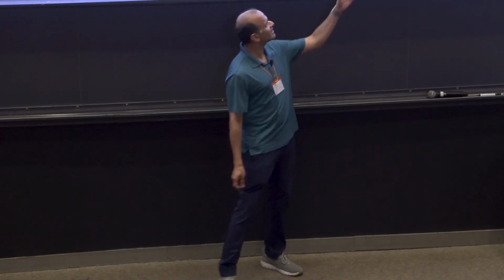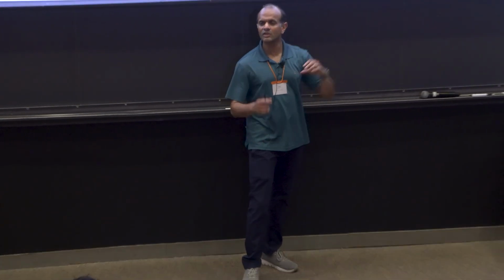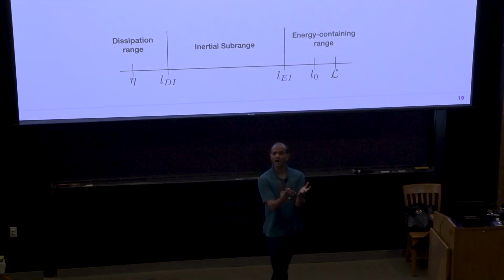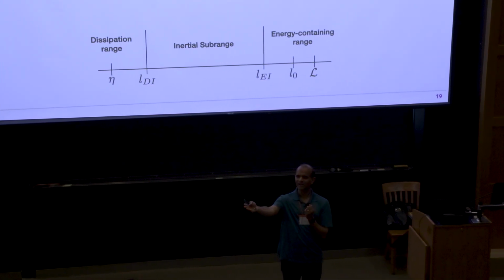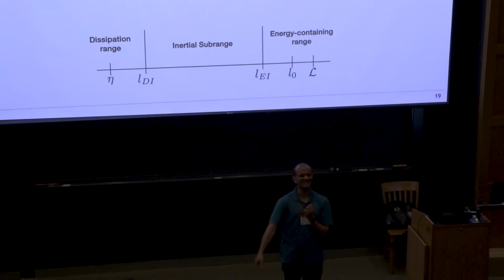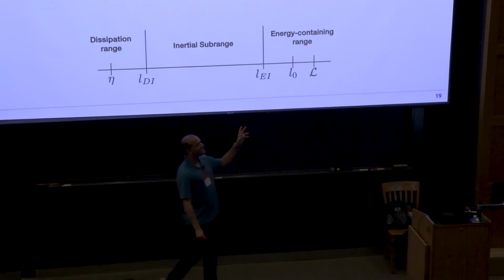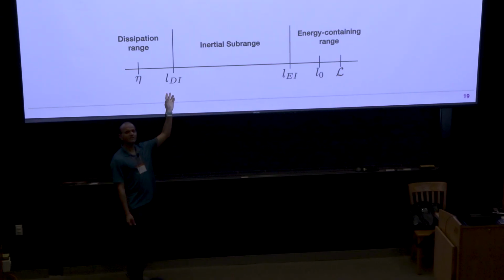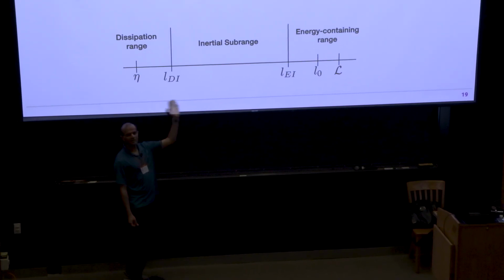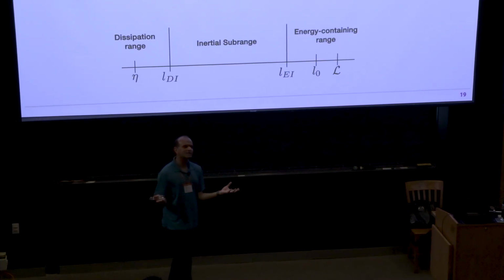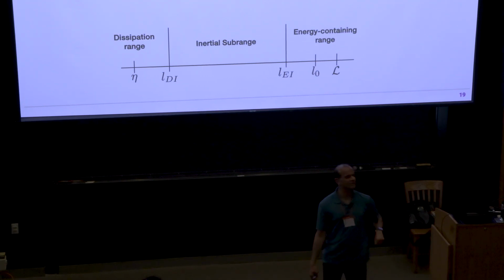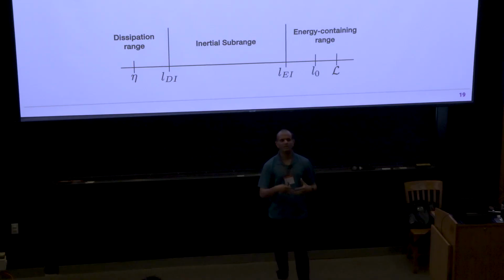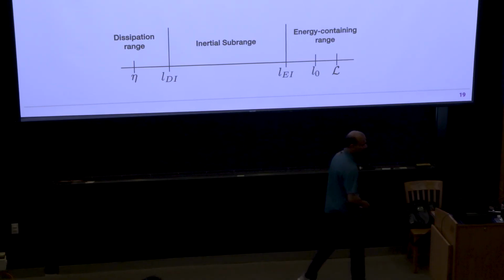So at 700 miles, L0 is going to be the most dominant eddies, which are always smaller than 700 miles. So it might be at 200 miles or 300 miles or something like this. And between that length scale and where dissipation takes over is the inertial subrange, where mostly no energy is lost to viscosity. The eddies keep breaking down and becoming smaller and smaller. Right? So that's the role for that.